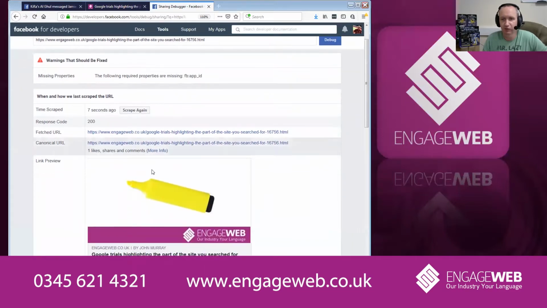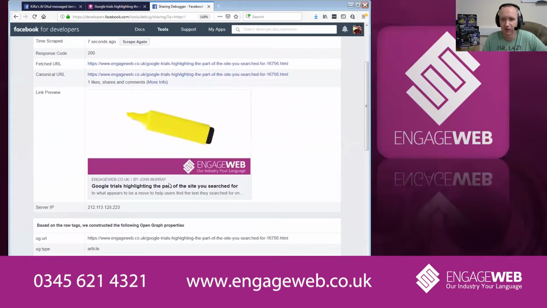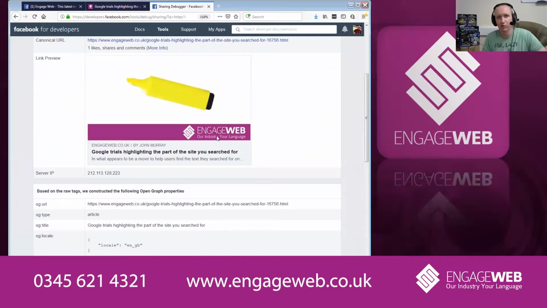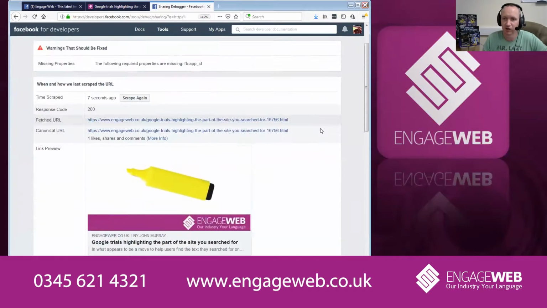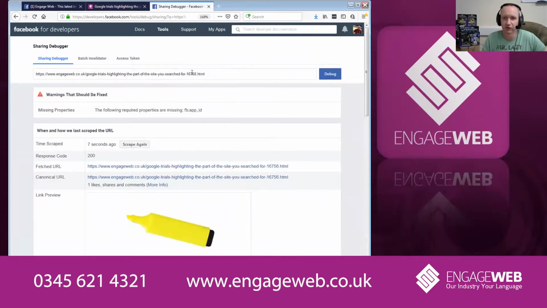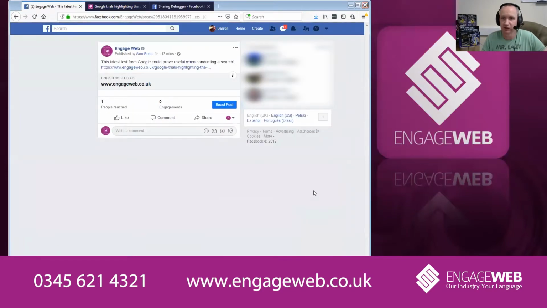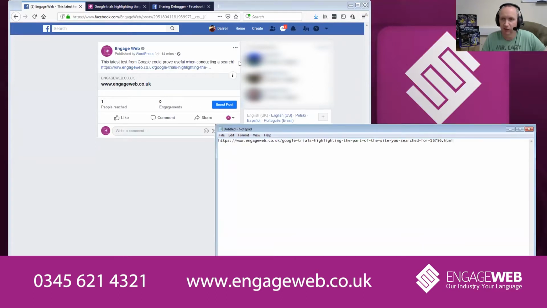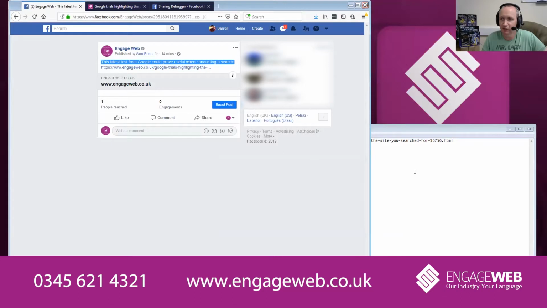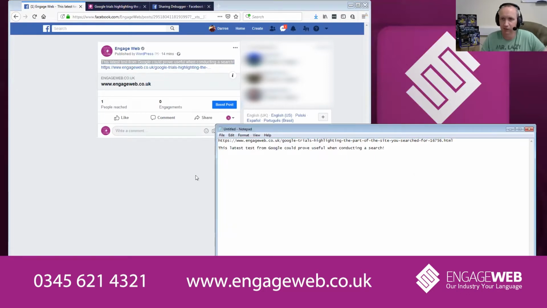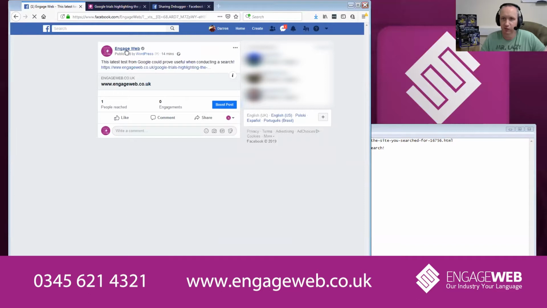Facebook has now pulled through the correct information with the image, with the description, with the title, with the author, and all of the Open Graph image from Facebook is pulled through correctly. So what we do now is we take that link, and unfortunately it won't update automatically, so you need to delete this particular post and then share it again. So what I'm going to do is I'm going to take my link and put that into a notepad file, and I'm going to take that particular piece of text there as well because I want to copy that. So we're going to go to the Engage web page,